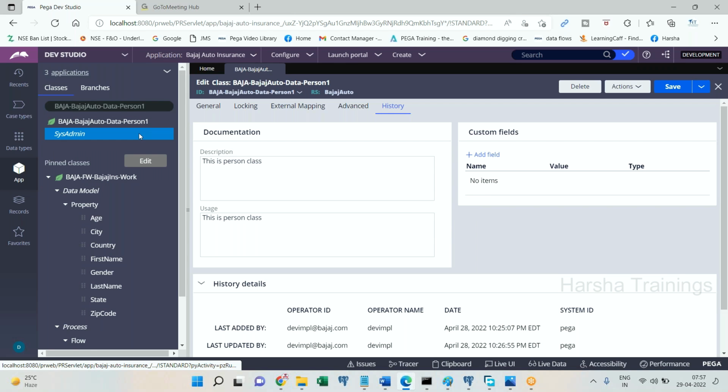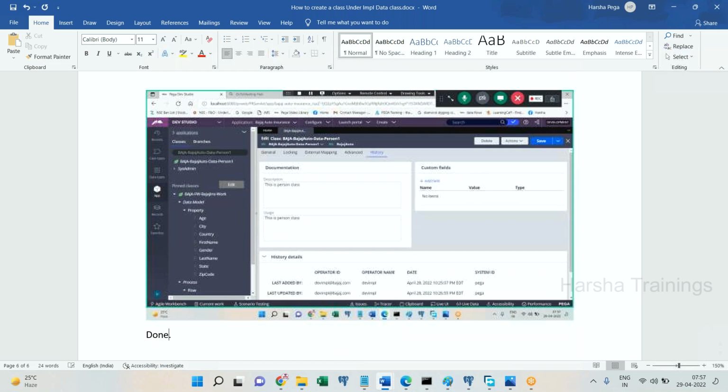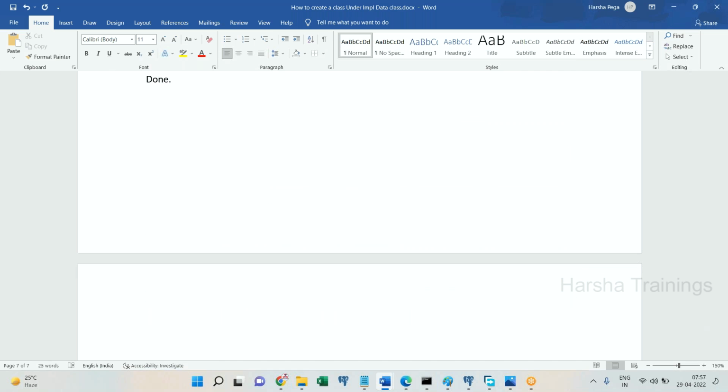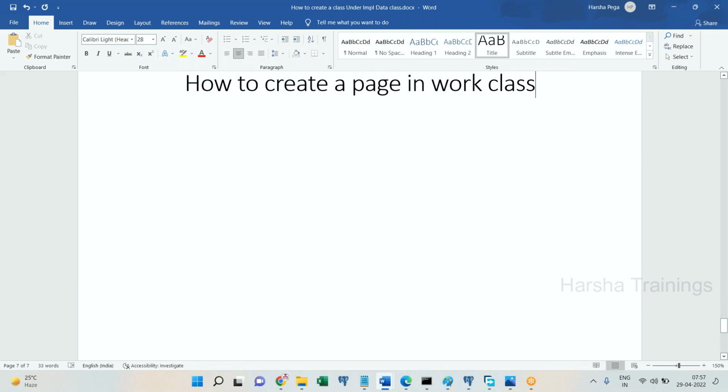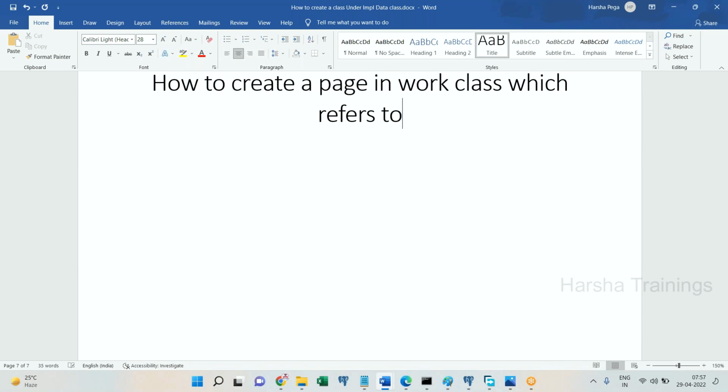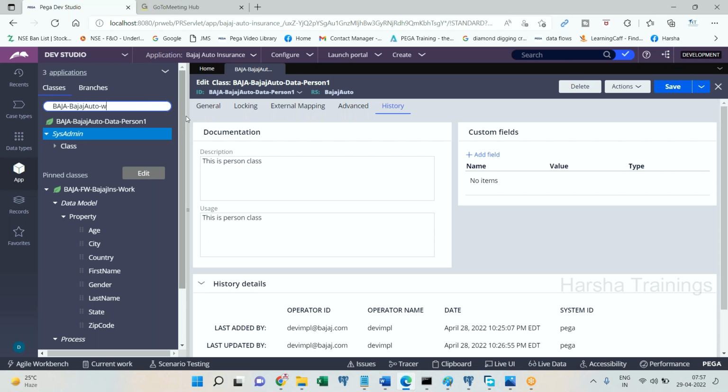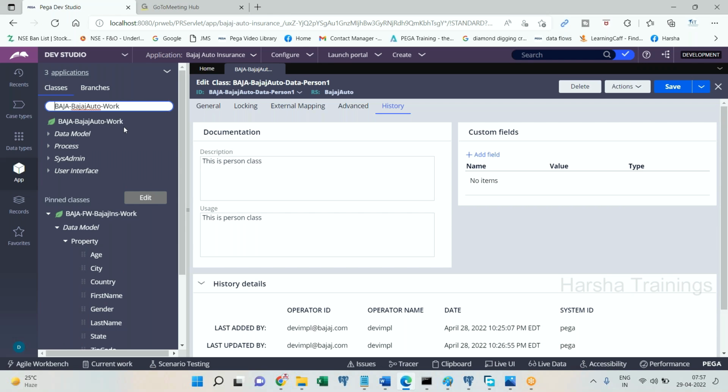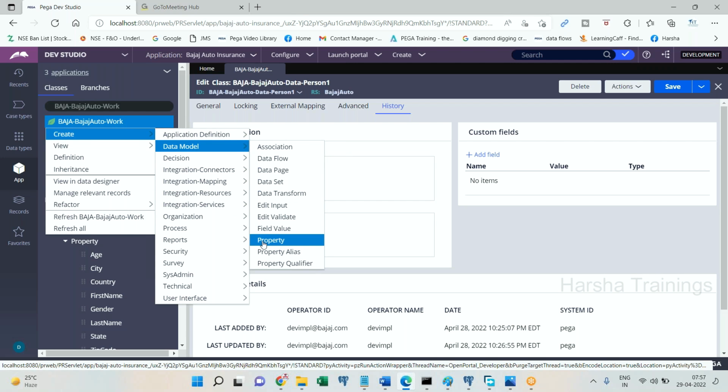Person 1 came, and you select this, and here you create all the properties, you know how to create them. Okay, after this, how to create a page in the work class? Okay, how to create a page in the work class, which refers to the data class. Okay, just for your information, based on the requirement which I'm going to send you, you create the data class, create pages, properties and pages, and then do it. Okay, right click on this, create data model, property,